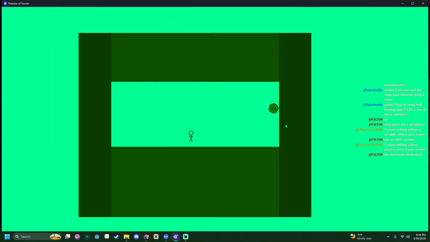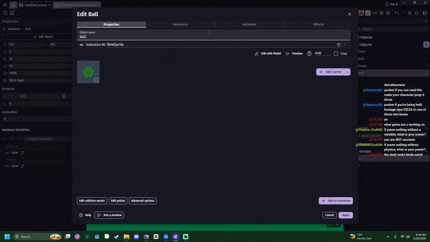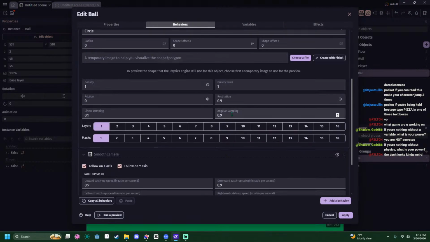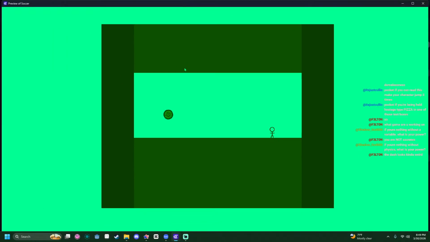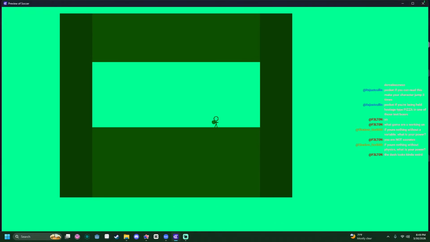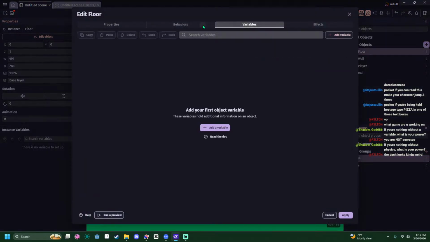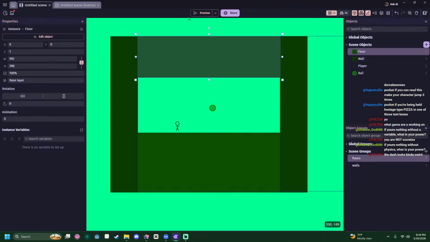Something still feels kind of weird. I don't know. It's also very fucking bouncy. But now that we fixed that, we can lower it a bit. Make it like restitution. Make like 0.5. That might be too low, but we'll see. That didn't do anything at all. Probably because this is a 1. Yeah. 0.6.